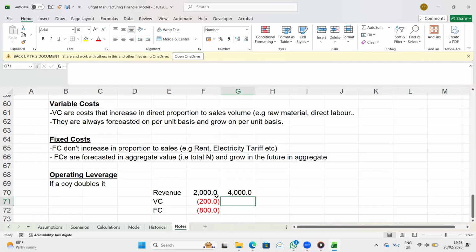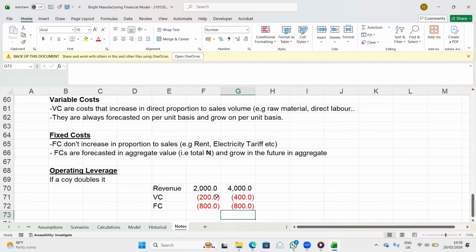If they have made more sales, of course they must have increased their variable costs, let's say to 400. Fixed costs might not increase that much because by definition fixed cost does not increase in proportion to revenue. So let's say fixed cost might be 850 here, or it might just remain the same. Let's just keep it the same,